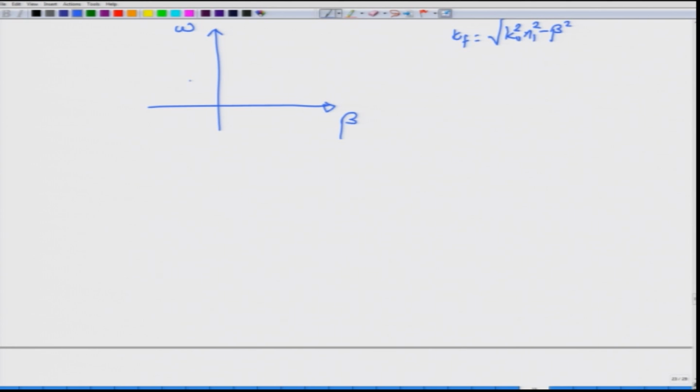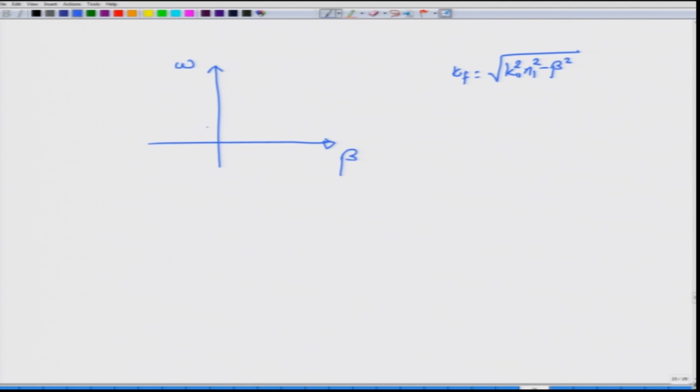of beta. You will see that this omega beta diagram, which is called the dispersion diagram, will be bounded by two lines. One line will have a slope of c by n 2 and the other one will have a slope of c by n 1. So, what is this slope of c by n 1 and c by n 2? Remember that the phase velocity is given by the ratio of omega by beta, and if the material were only slab, then the phase velocity would be c by n 1. If it was only cladding, the slope would be c by n 2, and of course n 1 is greater than n 2, therefore the slope of c by n 1 is smaller compared to the slope of c by n 2.